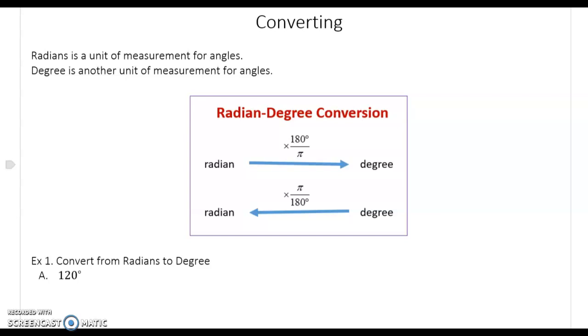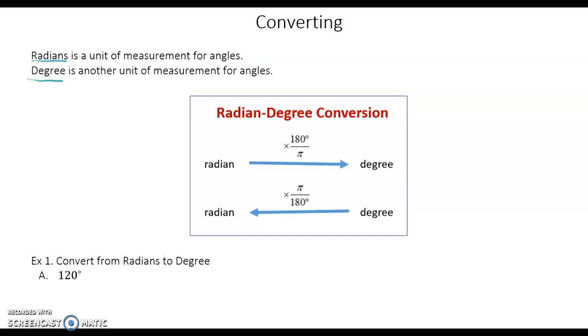Okay, so here we're going to talk about converting. We have different units of measurement for angles. We have radians, and then we have degrees. So we're going to talk about converting from radians to degrees and degrees to radians. This is kind of like converting from Fahrenheit to Celsius, but in this case we're talking about angles and not